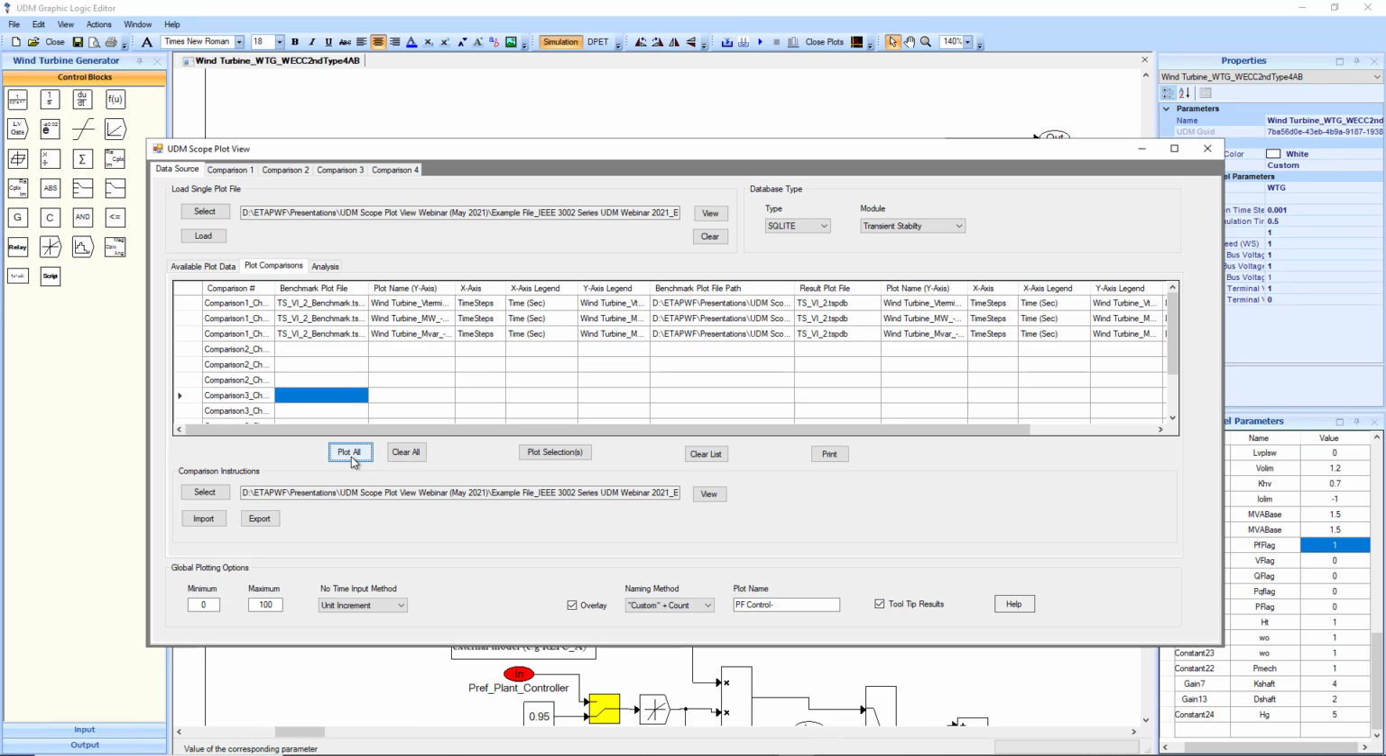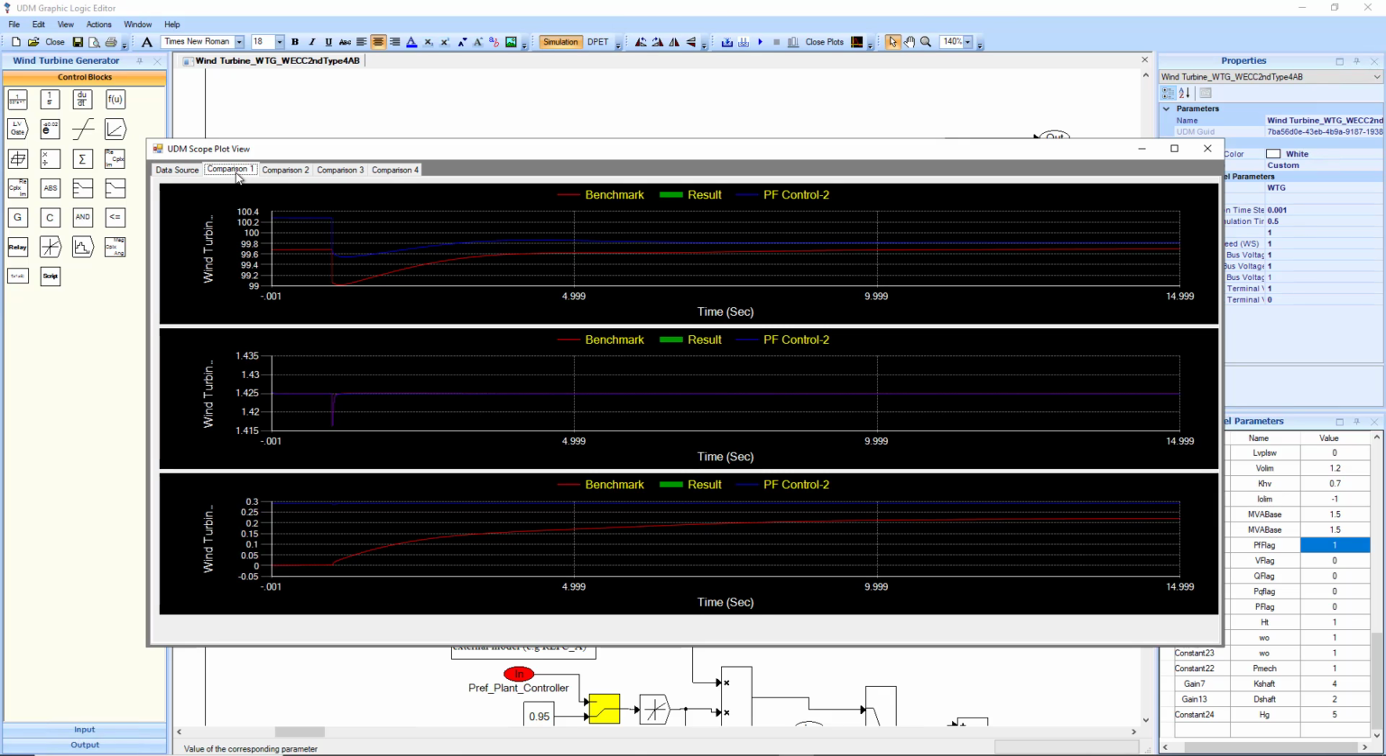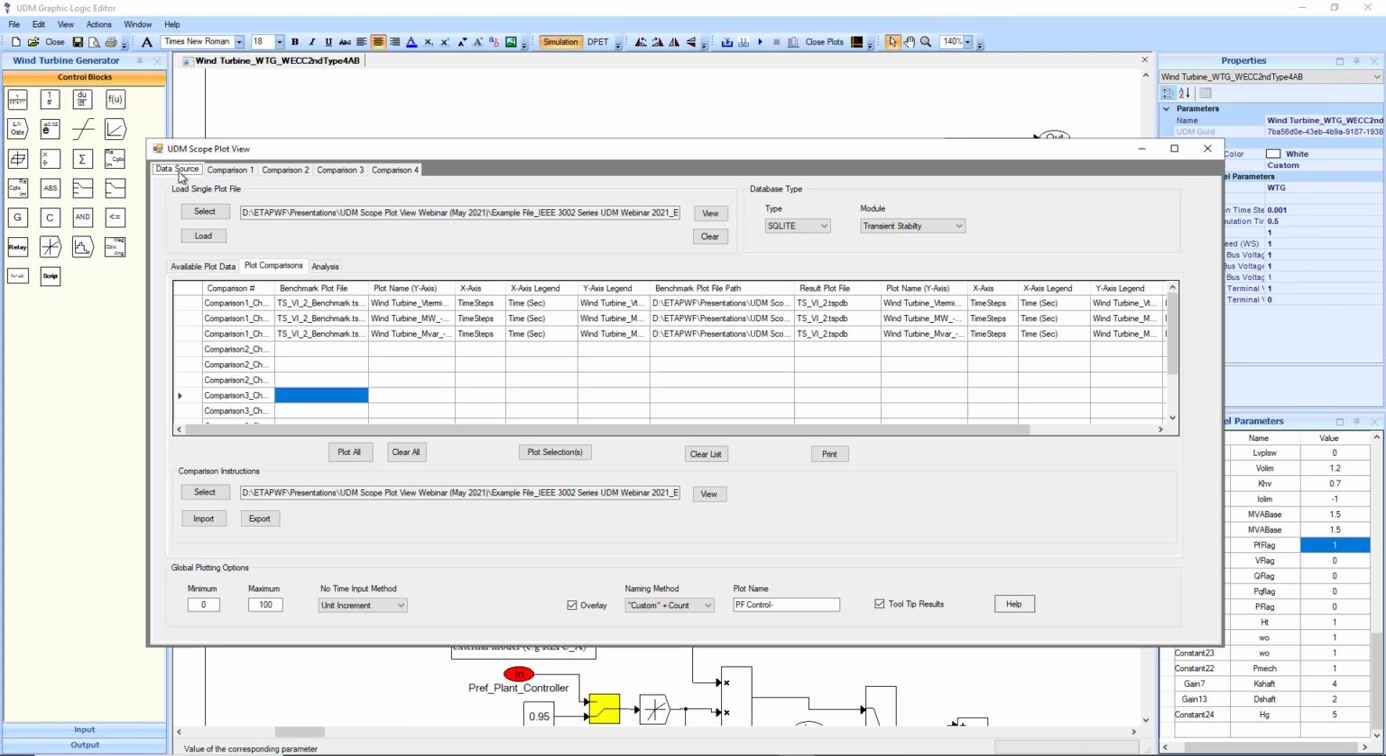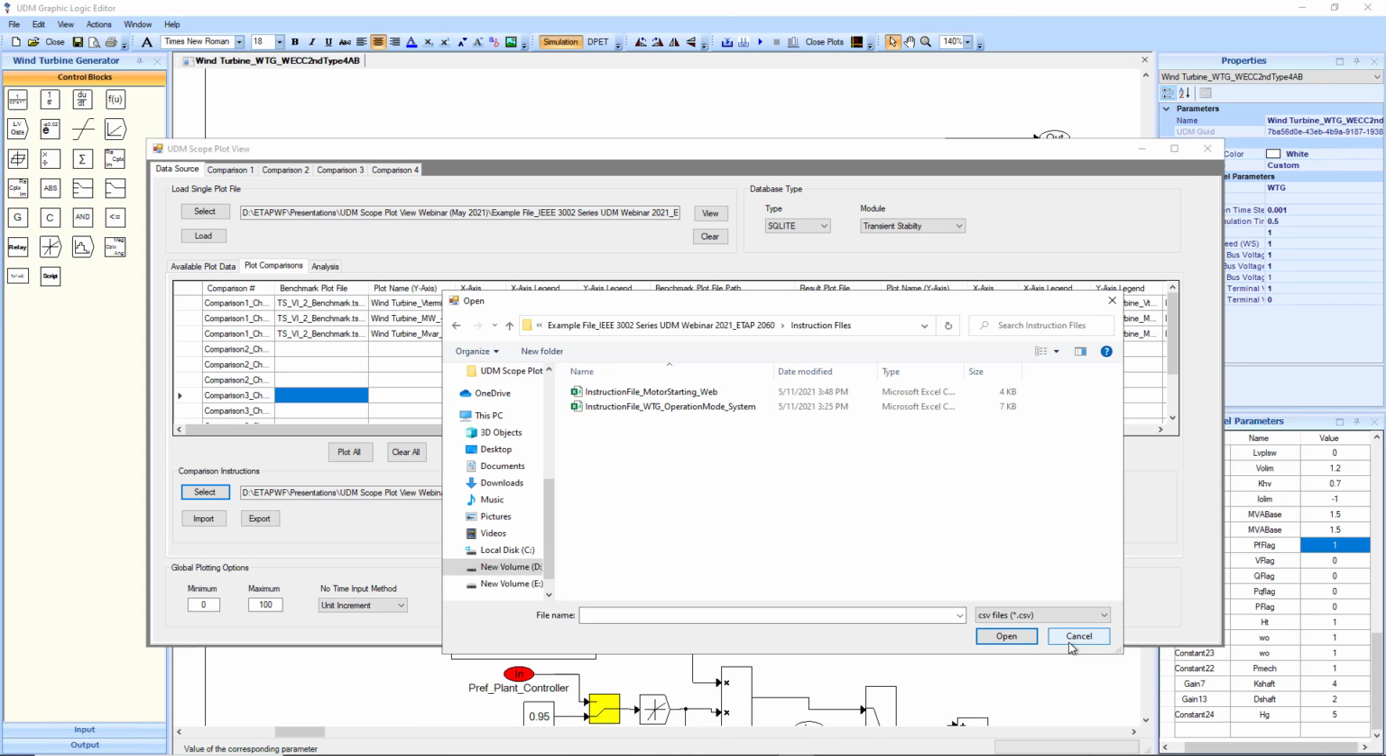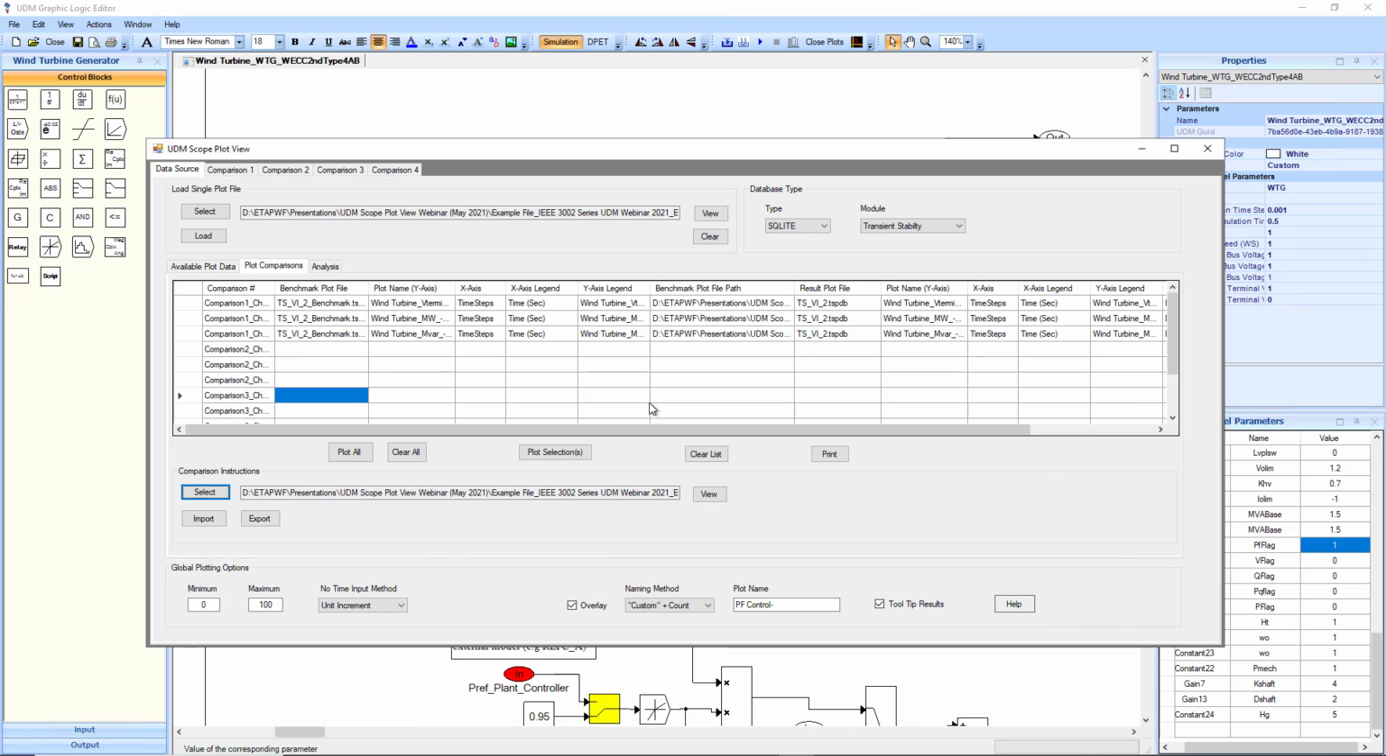So we have all the results and all the comparison instructions that we have set up previously, by importing the existing instruction file. Also, in this case, where we have compared the different operation modes of the wind turbine generator, I want to import a different comparison instruction file that I have previously created to show the versatility and how powerful this can be. For example, in this case, we are simply comparing 3 different signals from the WTG element,